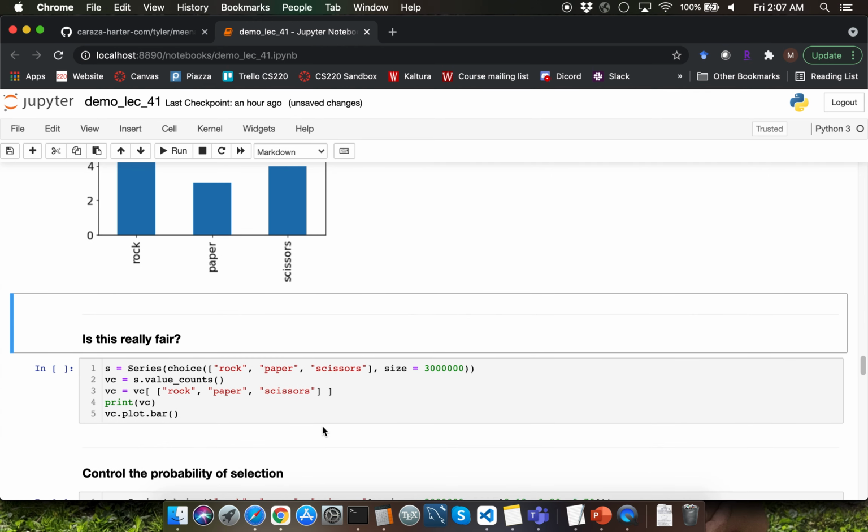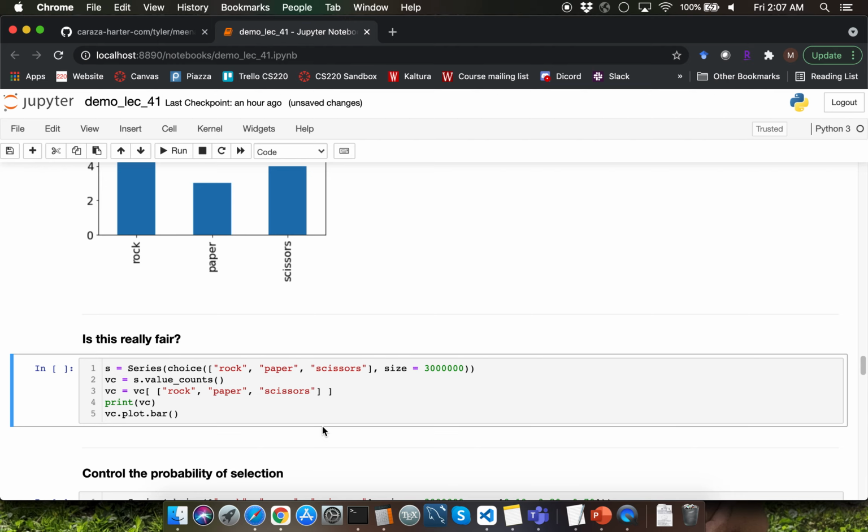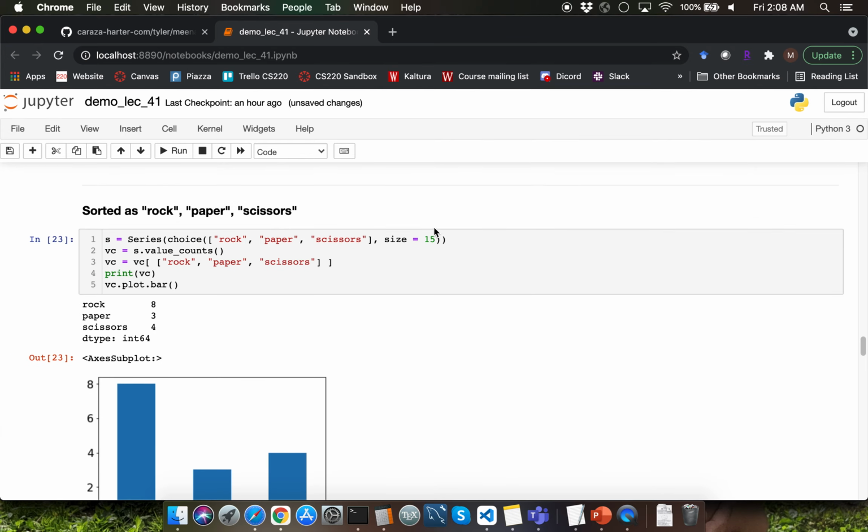Let's talk about whether this random selection is really fair or not. The best way for us to be able to answer this question is to select a really large sample out of this list of items. Last version of this code just selected 15 selections randomly.